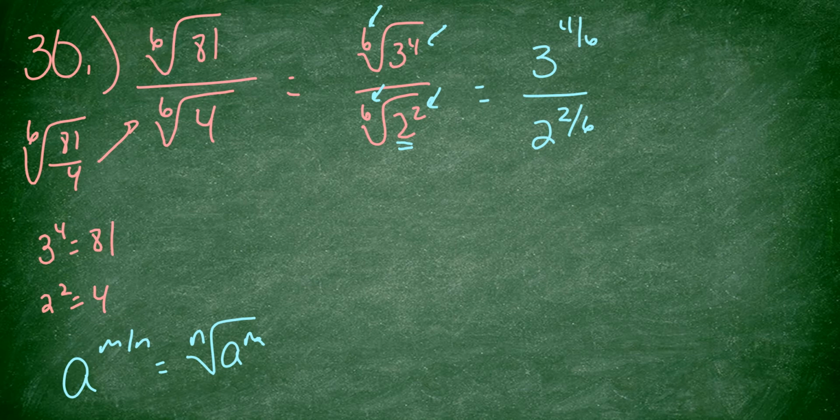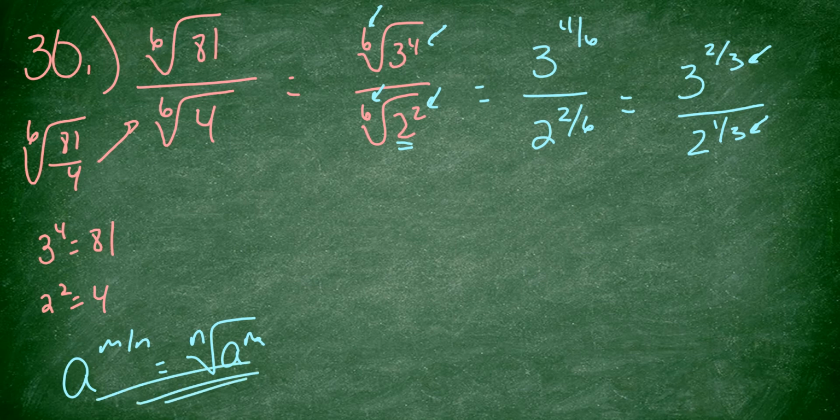Now I can simplify both the fractions on the top and the bottom. So it's going to be 3 to the 2/3 over 2 to the 2/3, or 1/3. Now the reason I do this is I need the bottoms of the fractions to match, because now when I turn it back, I'm going to use this again, and I'm going to turn it back